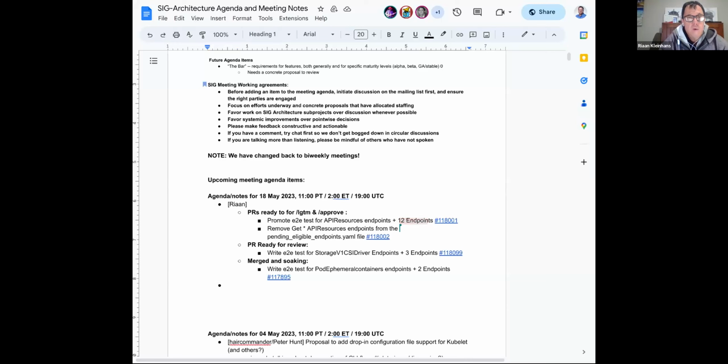Then on to the next point. All the endpoints that are open and require testing at this stage are on the pending eligible endpoints YAML file, where we store them to keep the 100% test coverage that we've achieved. So every time we have endpoints whose promotion merges, we need to take them off the list so they can properly show up in API snoop. So the second PR is just an administrative exercise to move those endpoints off the list. Okay, great. Well, I'll try to take a look at those then